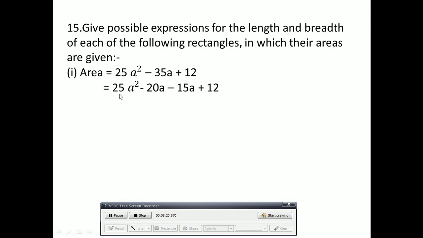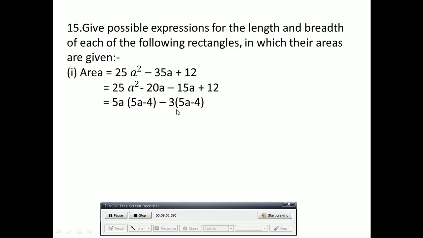Now we will take something common from the first two terms and the last two terms. In the first two terms 5a is common, and in the last two terms negative 3 is common. So what will be our next step? In the first two terms 5a is common, so 5 5s are 25, and a square means a common, so it will be a. Minus 5 4s are 20, so 5a minus 4. Minus 3 is taken from the last two terms, and if we take minus as common, the sign will change, so it is minus 3 times 5a minus 4, because it was positive, now it will be negative since we have taken minus as common. Clear?